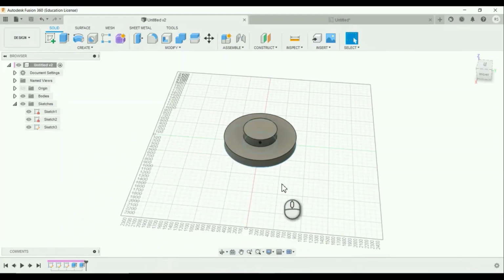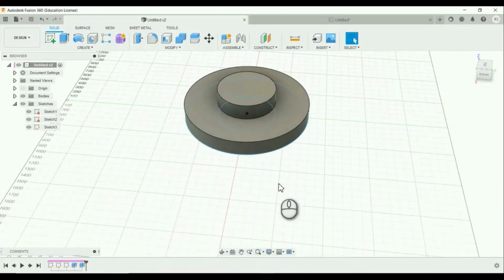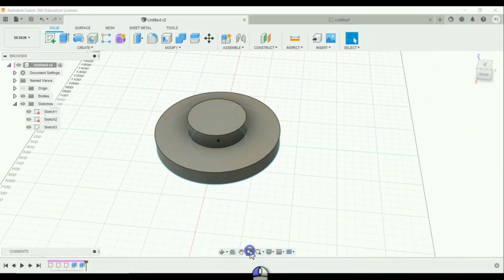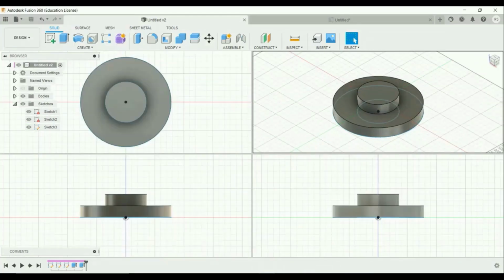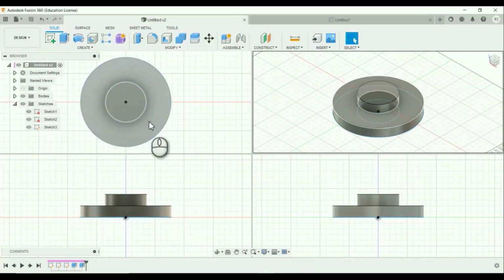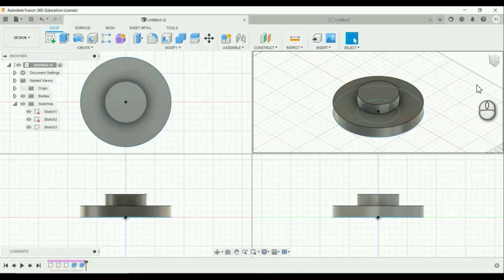After that, you can also zoom in, zoom out by mouse middle button up and down. You also use the icon to drag and drop. After that, you can also turn on and turn off layout grid like this. After that, there are multiple views available. If you select this, there are four views available like front view, top view, and a perspective view.